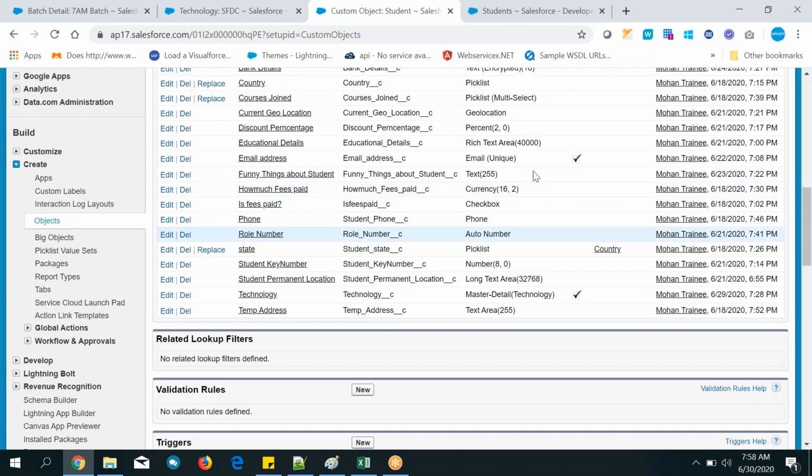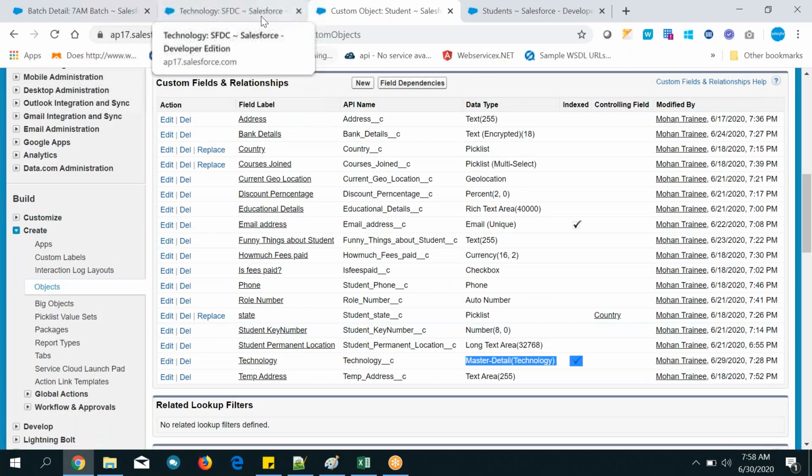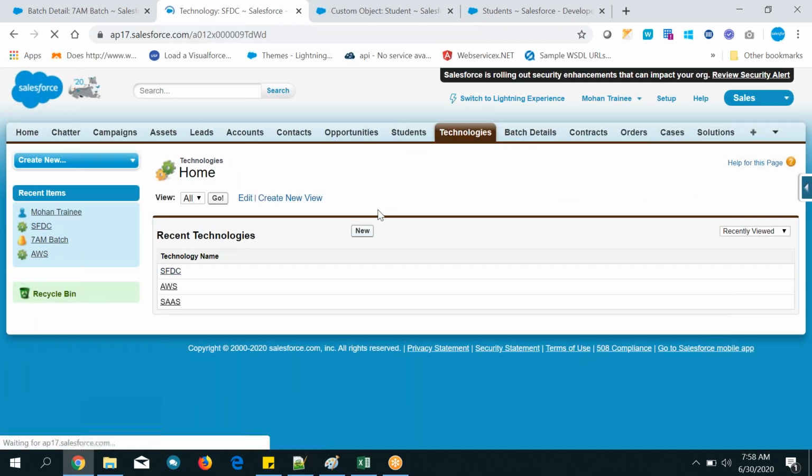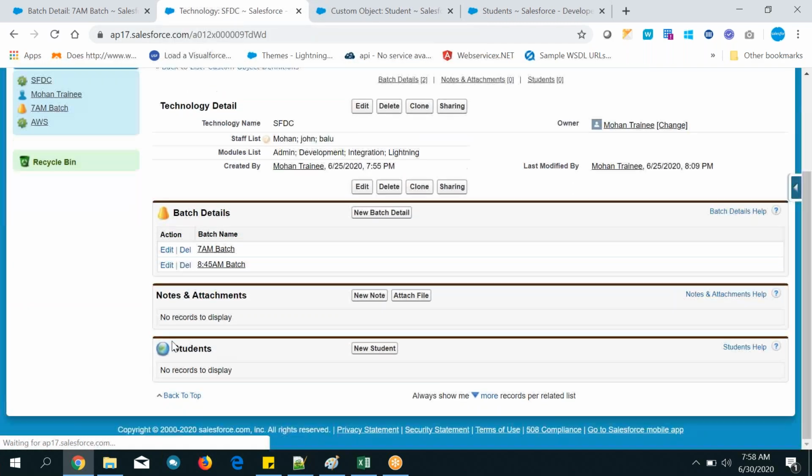Now, where is the technology here and the master detail here? Master detail data type. Let's go there. Now you can go to technology, any technology. Can you see Students? At the end I showed you, right?